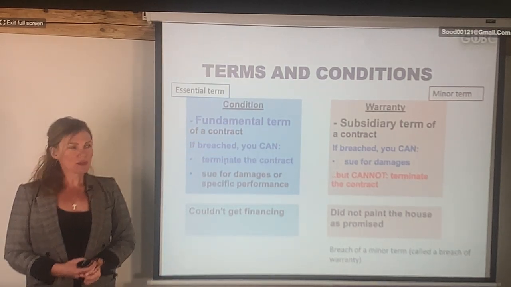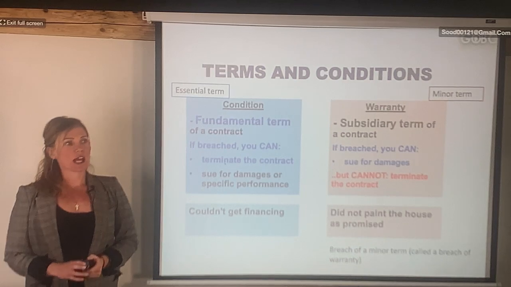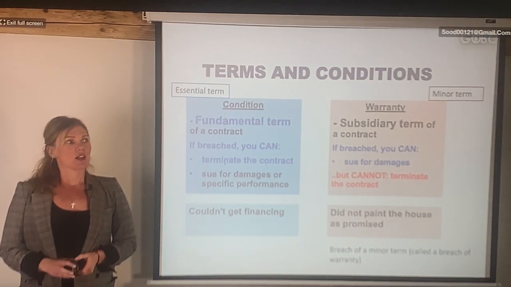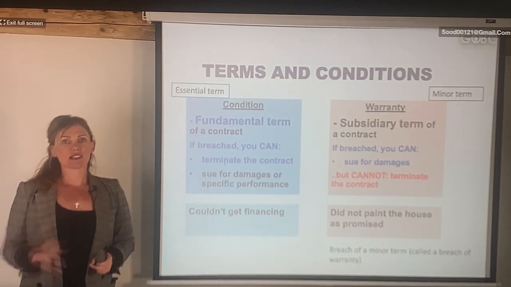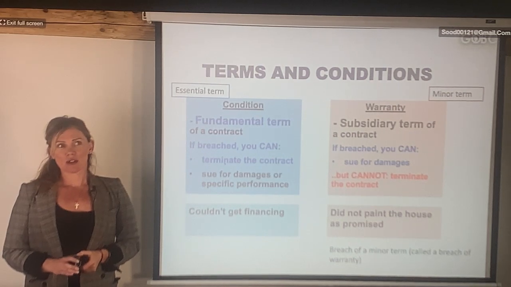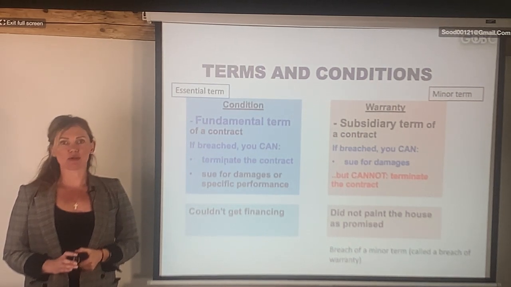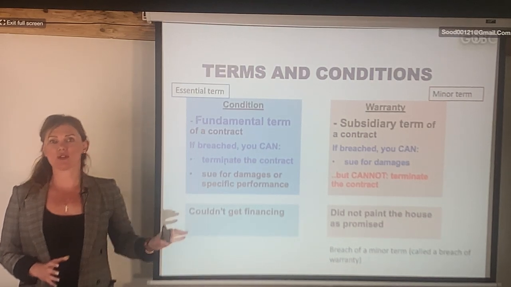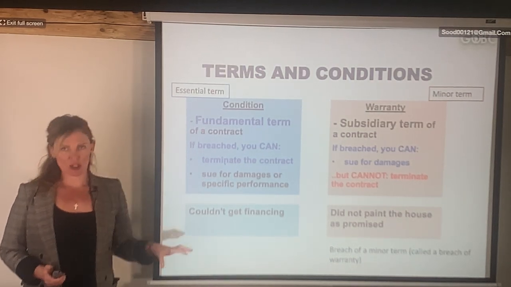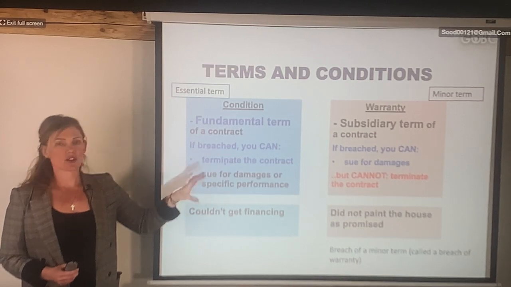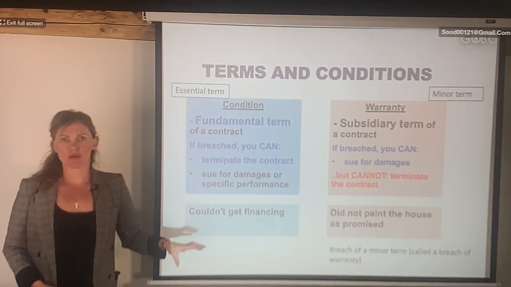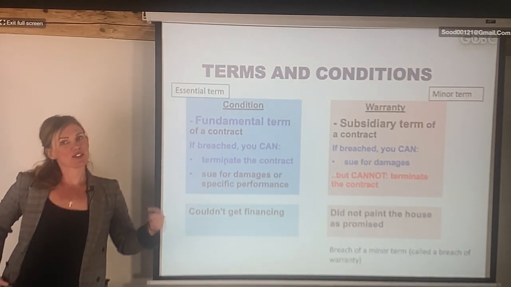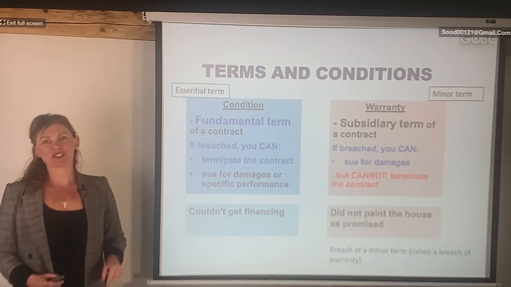So for example, let's say you are the buyer, you put the offer on the property, and the listing agent tells you that, or it states on the MLS listing that it comes with a new roof, okay? So it says that it comes with a new roof, but I want to make sure that we can add it as a warranty that the roof is new, okay? You can add it separately as a warranty. It says, I want to make sure that the roof, when I buy it, will be new, for sure, okay? If you don't add that to the contract, then you cannot come up to the seller for that.